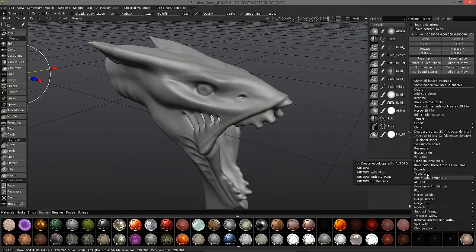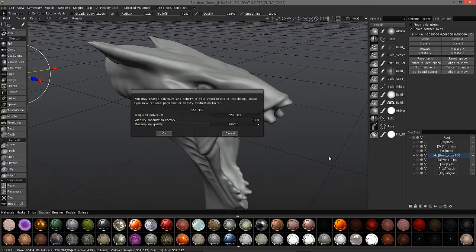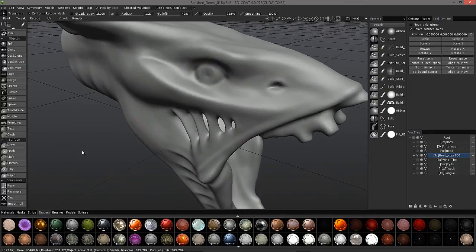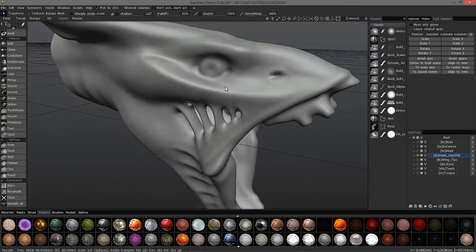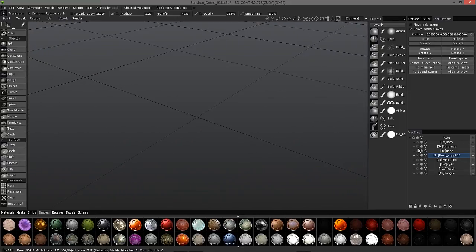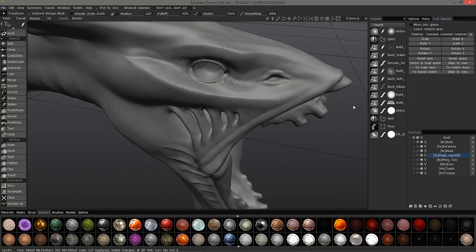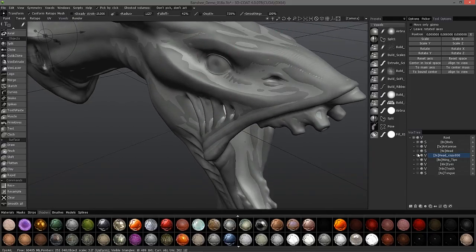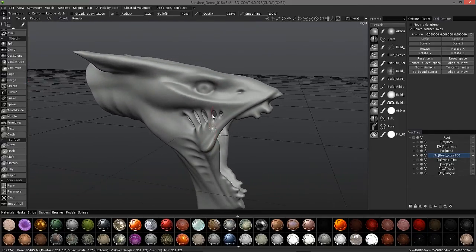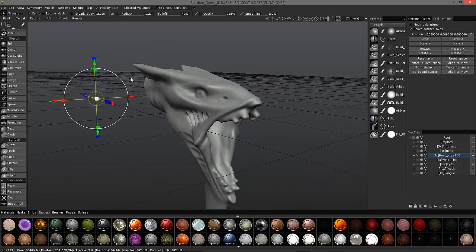Alright, just right click again, resample right here about midway, and I'll bring that down to 300K. Resample quality, I'll choose smooth, and I'll smooth all one more time. Now granted, I will lose a little bit of detail here, but that's okay. I don't need all that much detail while going through this step in the process. I just need a rough overall mesh that I can work with. Okay, so now that that's done,